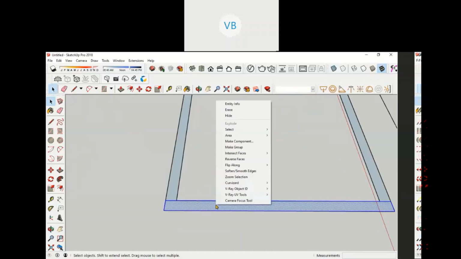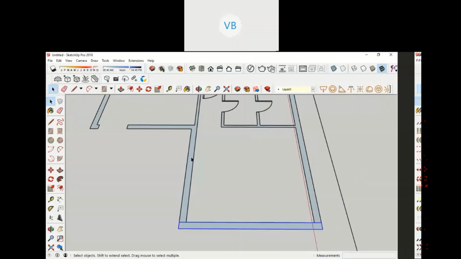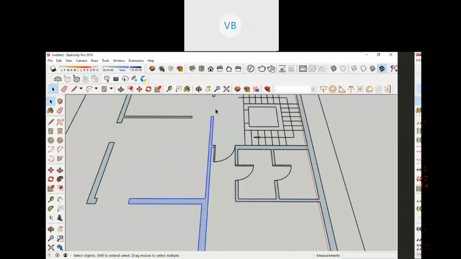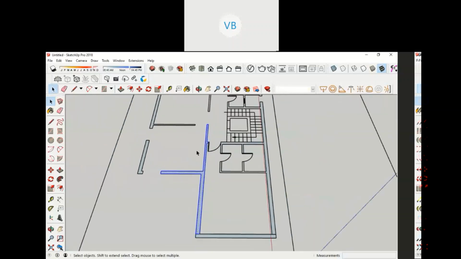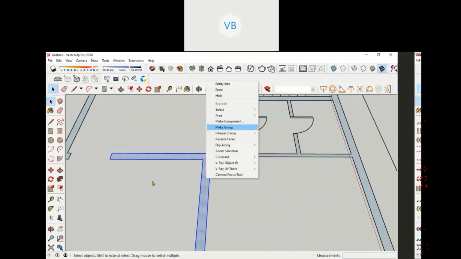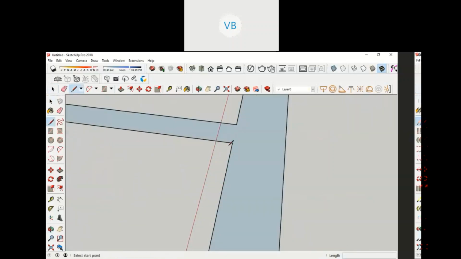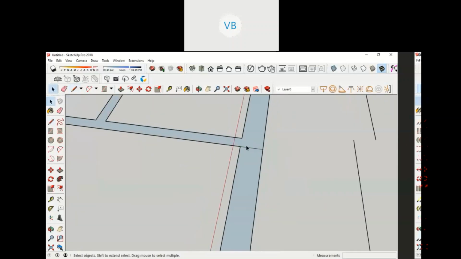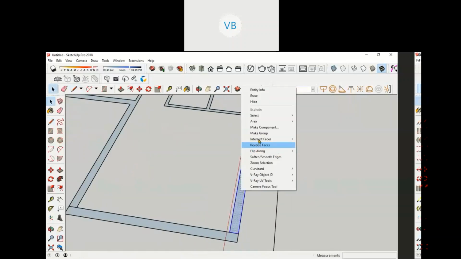Double click, right click, make group. Once you double click on it, all the faces with the boundary get selected. Then you can right click and make it a group. Same thing goes here. So I'm going to draw a line, right click, make group.